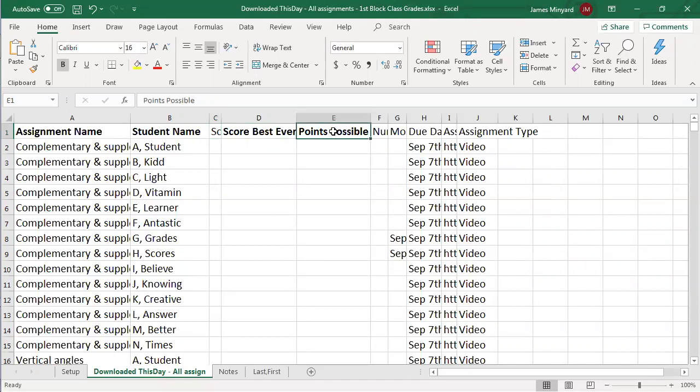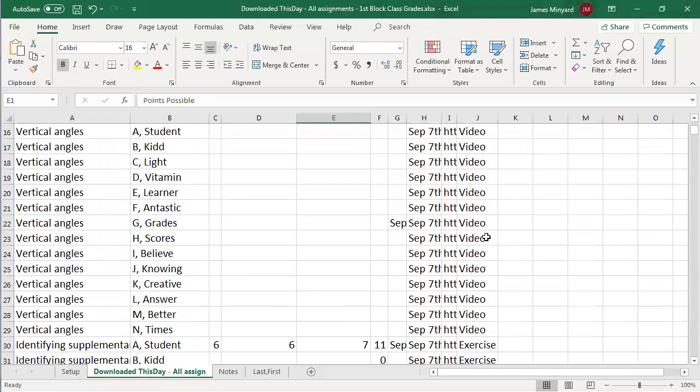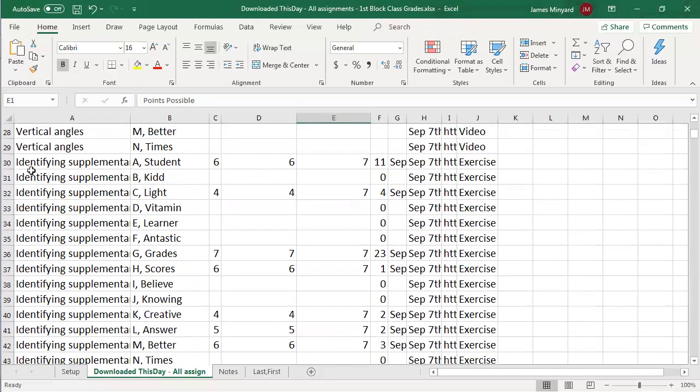And then points possible. We'll come back to that column in a second because there's a minor thing we have to tweak on that column to get the best results possible. But let's just go straight to the results. So in order to reorganize this, because if you'll notice, they have each assignment and each student and their score. These video assignments don't have scores because videos don't get scores, but exercises do. So notice over here, we have,